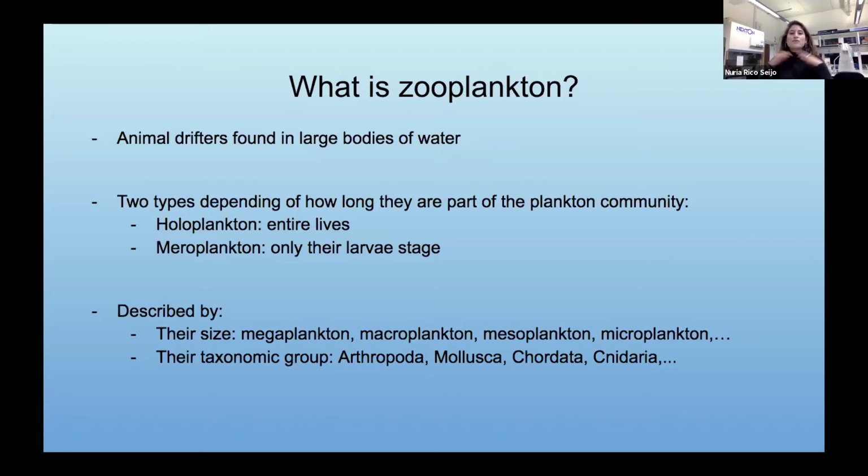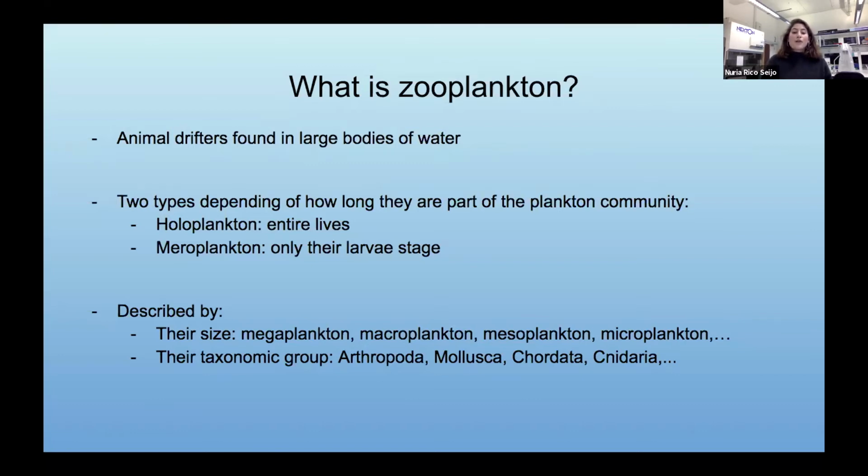So then we have this group of animals, and they're really diverse, we have different sizes. So how do we scientists divide them into categories? The most popular way is by size, and some classifications are megaplankton, which is the higher rank, animals that are bigger than 20 centimeters. And then from there, we go into smaller sizes and ranges: macroplankton, mesoplankton, and microplankton. To get an idea of how small they go, microplankton has a size range from 200 micrometers to 20 micrometers.